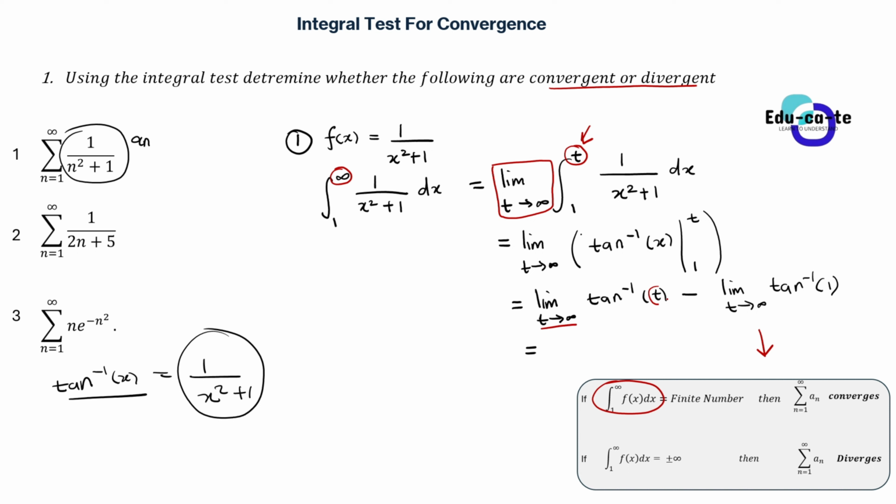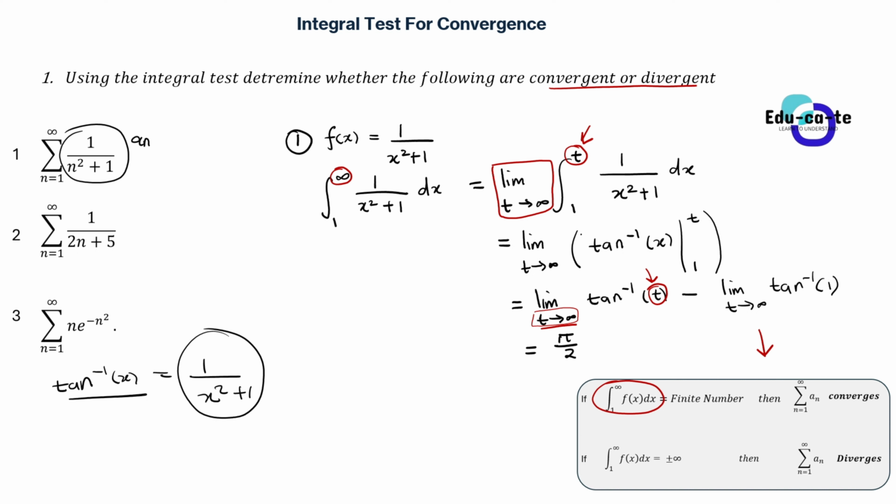As t becomes bigger and bigger in an arctan function, you can even test this with a calculator by substituting t equals 10, then t equals 100, t equals 1000, t equals 10,000. You keep on increasing the value of t because here we're saying t is approaching infinity. You are going to see that this whole value of arctan will approach pi over 2 radians, which is basically 90 degrees.